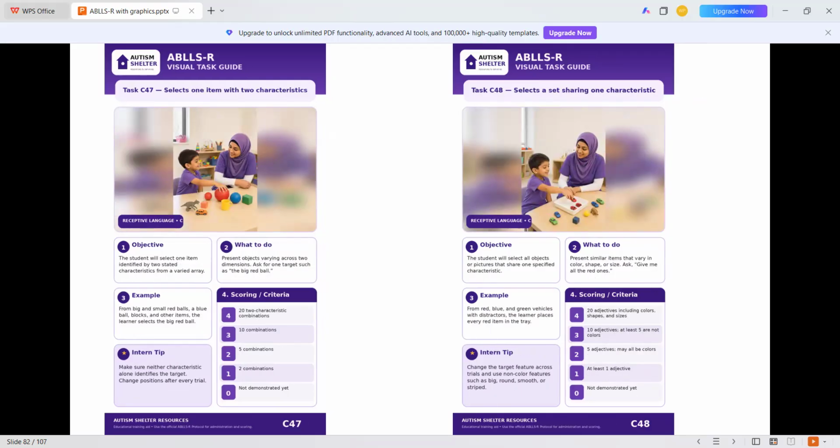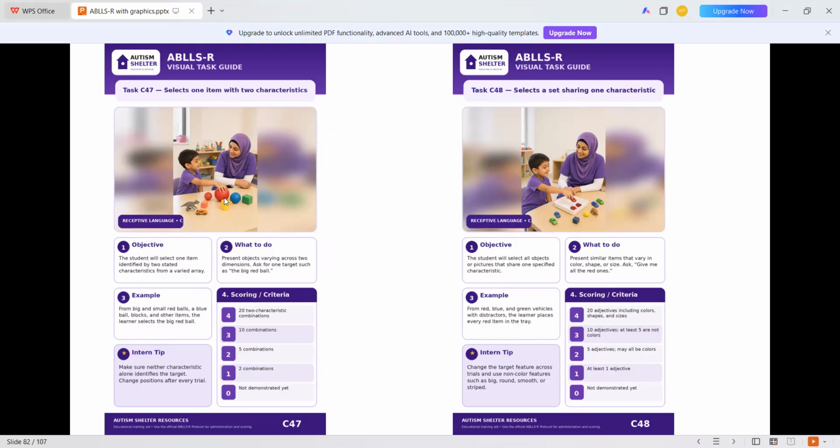C47 is select one item with two characteristics. As I have already told you in Part 7, we are moving to two words for the kid, and we are also going to move to two characteristics, two adjectives. We are saying give us one item, but two adjectives will be added to that object.